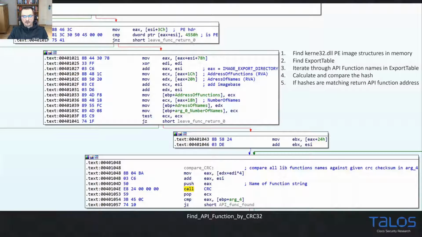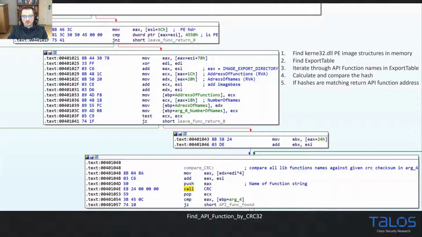So after it has found the export table, it is iterating through all these API function names and is feeding them to a CRC32 algorithm. So it is calculating a checksum for each of these function names,